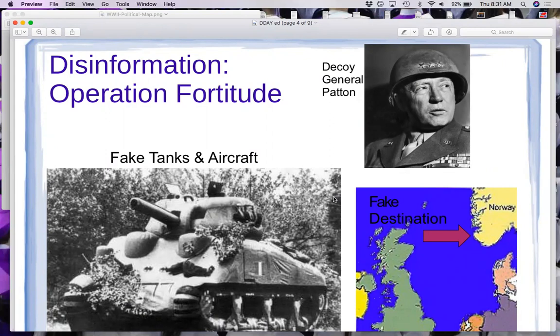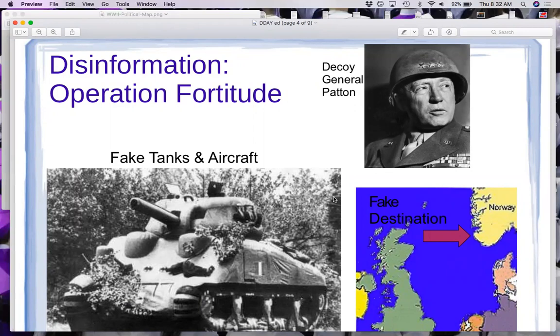So Patton instead was put in northern Scotland, and he was given fake tanks, there we go, and aircraft. As you can see below, that tank is actually just an inflatable. Each of us could just lift it up and hold it over our heads. But from the air, it looks like a real tank. They had fake soldiers that the actual Patton would march in between, march up and down the lines, and it looked like he was training them and yelling at them,